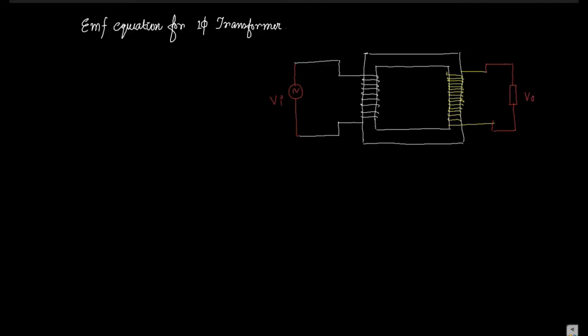Now the EMF is induced in the primary winding, which you can write as E1, and there is also an induced EMF in the secondary side, which is called E2. So EMF is induced in the primary side coil and the secondary side coil. And why is the EMF induced? The EMF got induced, I can write it down, EMF